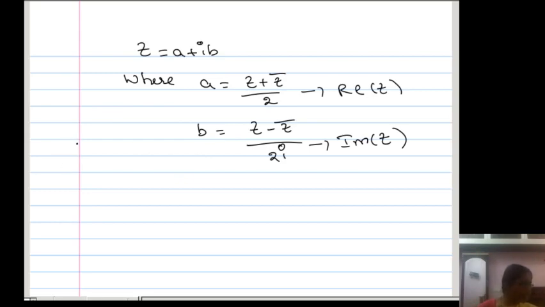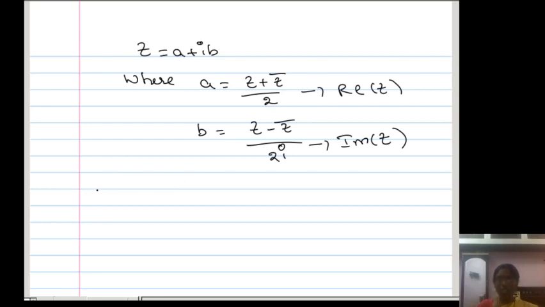Now, what is our next topic? We completed our four points. I think everybody understands now what the meaning of conjugate is geometrically, and how we can explain the conjugate of a complex number. If the given complex number lies in the first quadrant, then its conjugate is in the fourth quadrant. If it lies in the second, then the conjugate is in the third, and vice versa.